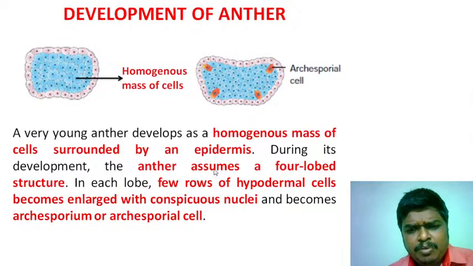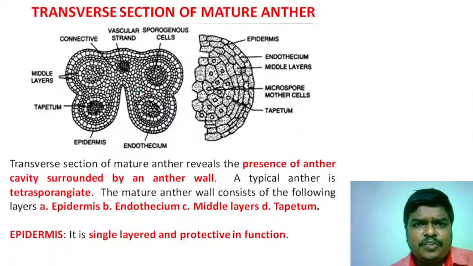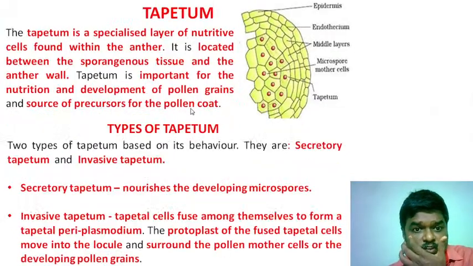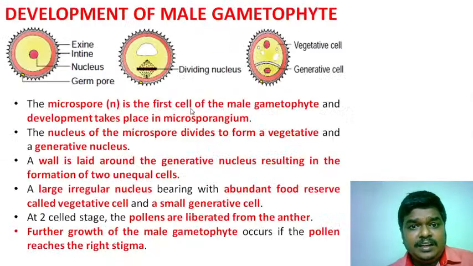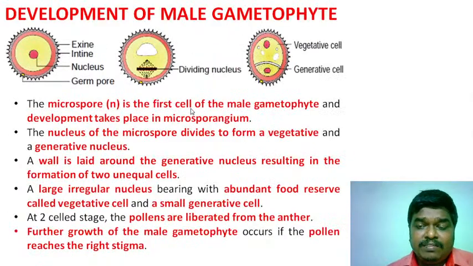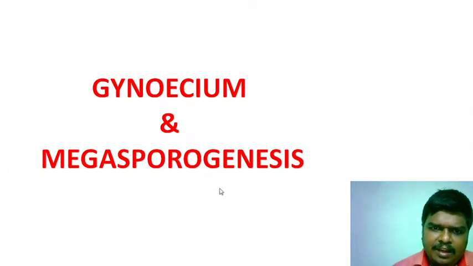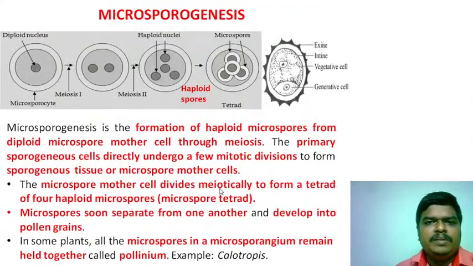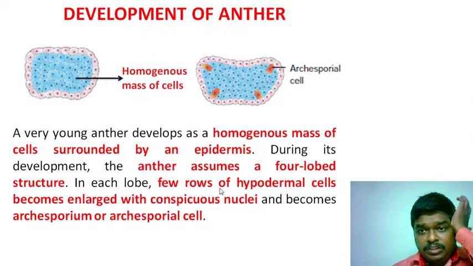Now, I'm going to explain to you about the development of anther, how anther is formed. This is the typical structure of the anther, how it is formed. And then I'm going to explain about the development of male gamete, and then we are going to talk about gynoecium or megasporogenesis. I'll go a little bit slow so that everybody can understand this process. First, we're going to talk about the development of